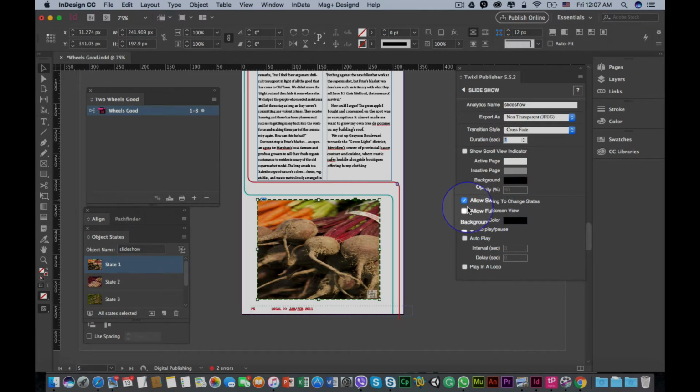But I'm going to check this tap to play. So when I click on it, then only it plays. Or you can even set to autoplay at certain intervals. So you can even say autoplay, let's say with 1 second of interval, and play in loop. With this done, let's go down,